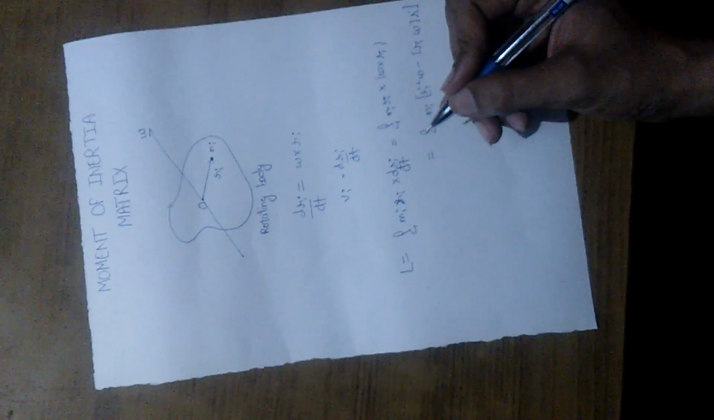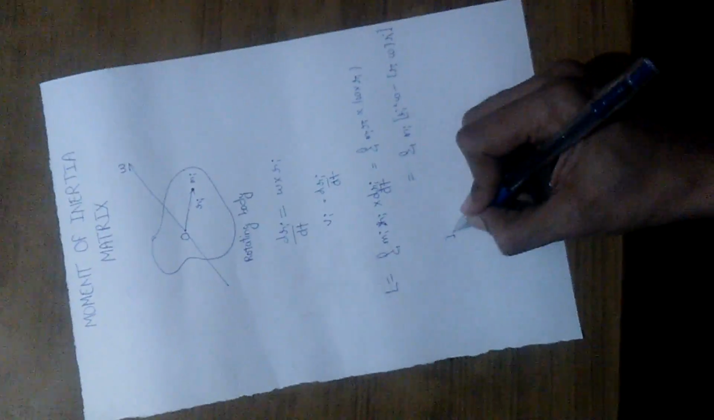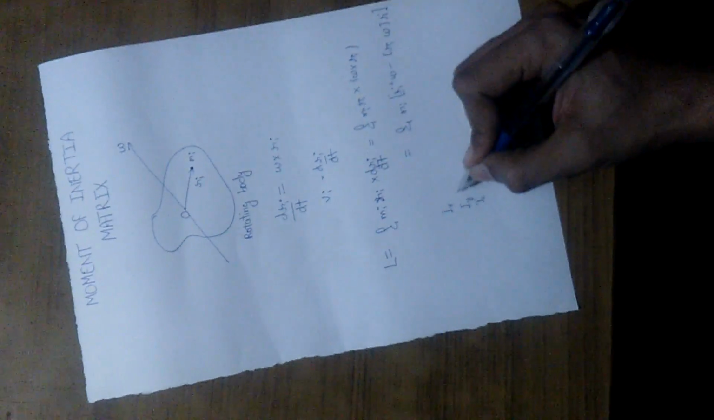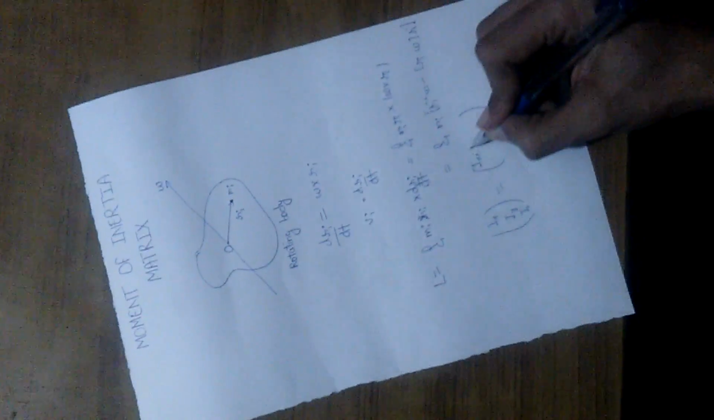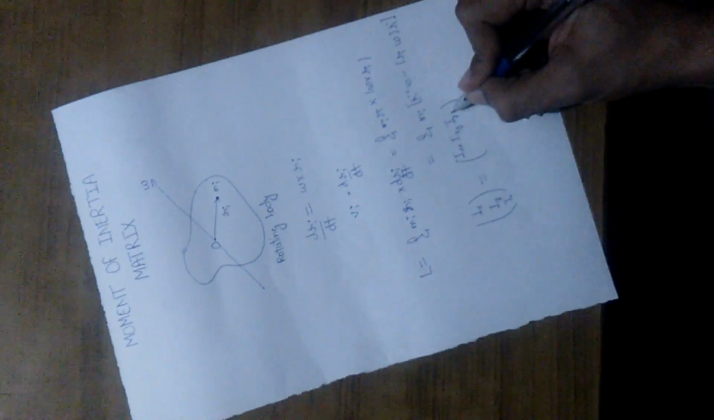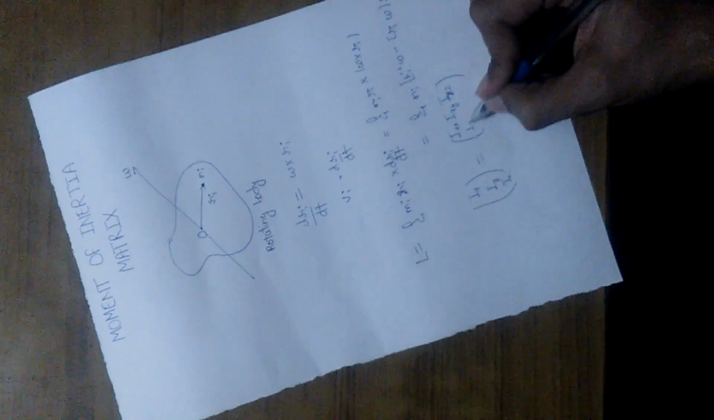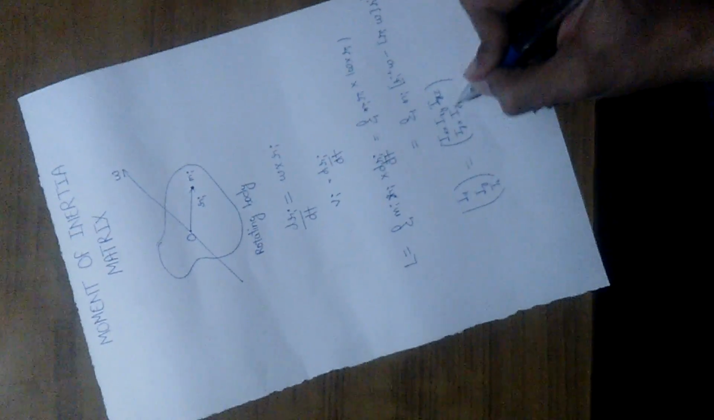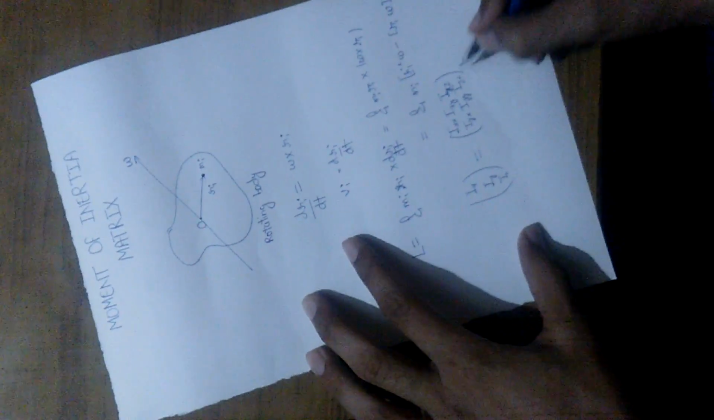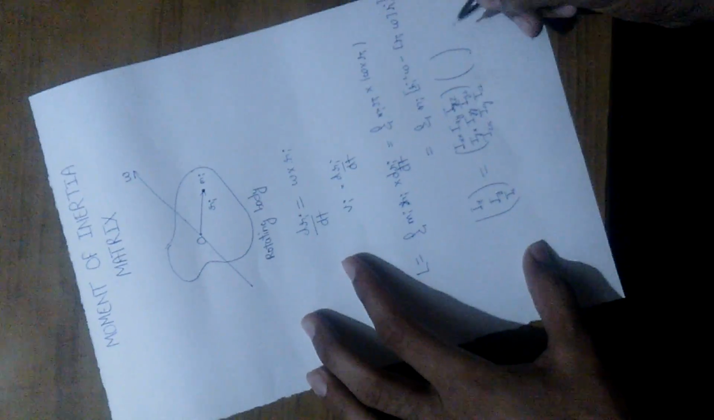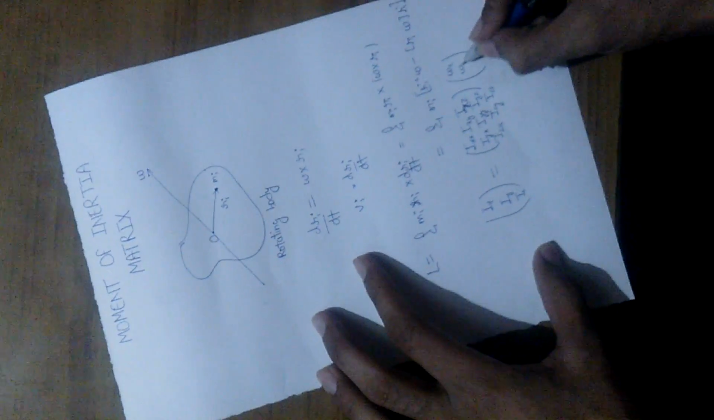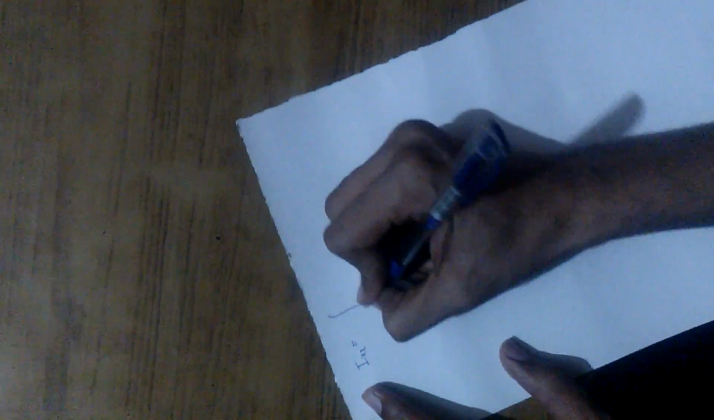The above formula can be written as a matrix equation of the form Lx, Ly, Lz. This is your LHS and RHS is the matrix Ixx, Ixy, Ixz, Iyx, Iyy, Iyz, Izx, Izy, Izz, multiplied by omega x, omega y, omega z, where your Ixx is the integration of y square plus z square dm,